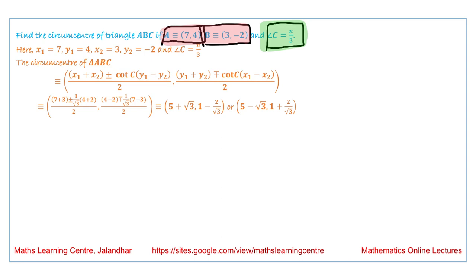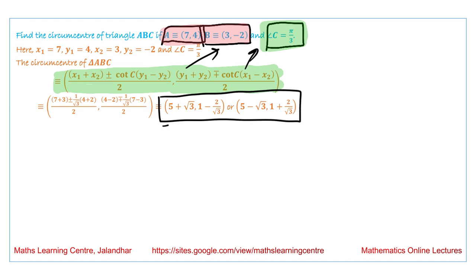So we are using the formula: the x coordinate is x1 plus x2 plus minus cot of C times y1 minus y2, and the y coordinate is y1 plus y2 minus plus cot of C times x1 minus x2, divided by 2. If we substitute these values in this formula, we obtain the final answer as,